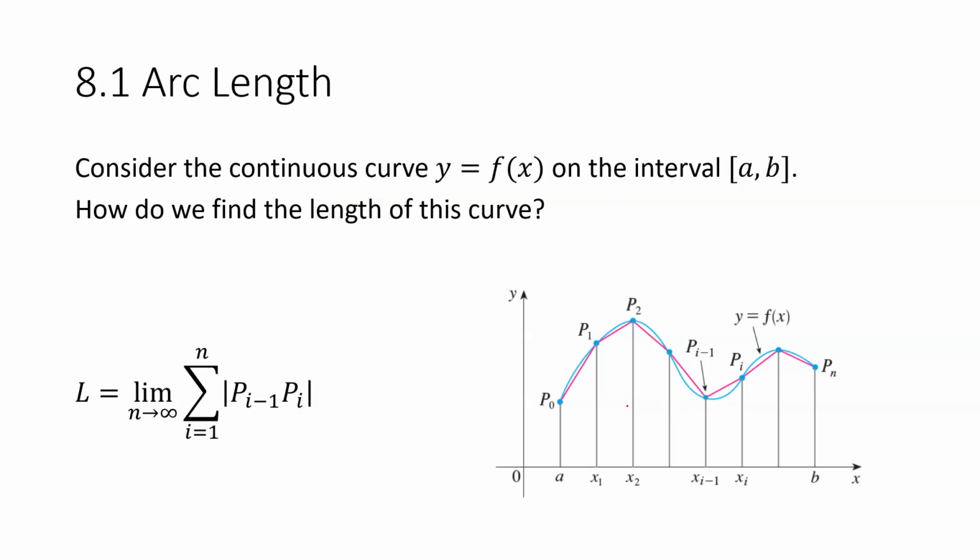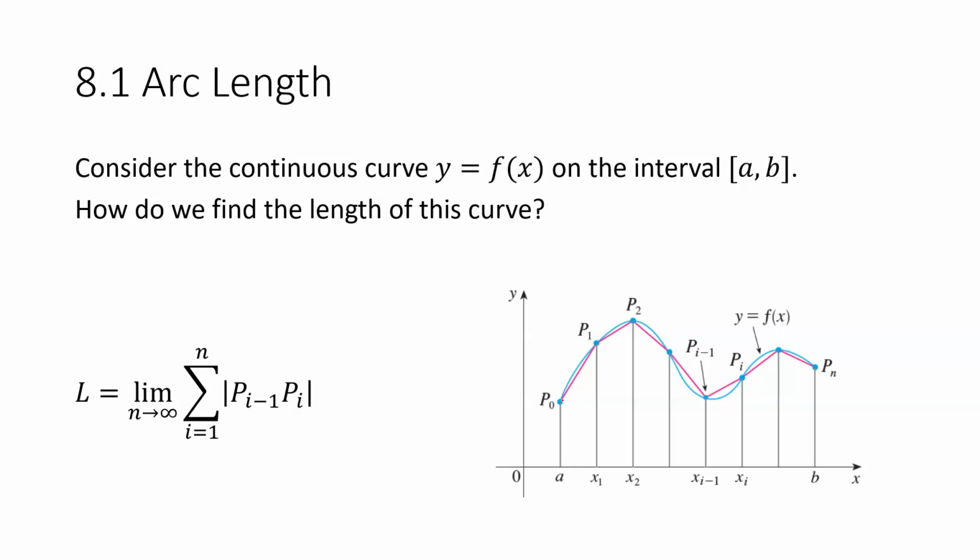So the problem is we're given a curve that's defined by some function f of x on the interval from a to b, and we want to find the length of that curve. The way we can approach it is we can start with an approximation using line segments. So we break the interval from a to b into subintervals. So we partition the interval,